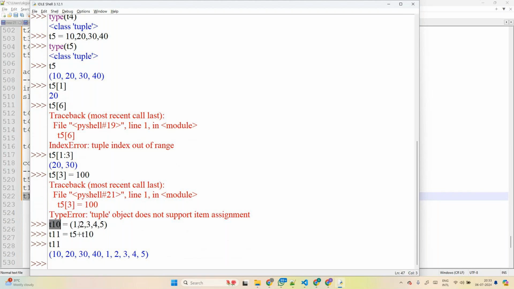We are creating a new tuple and assigning T5 and T10 combined to T11, meaning tuple 11. So it is possible to create a new tuple by concatenating two tuples. Okay,